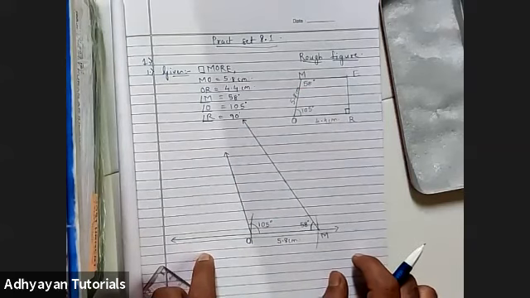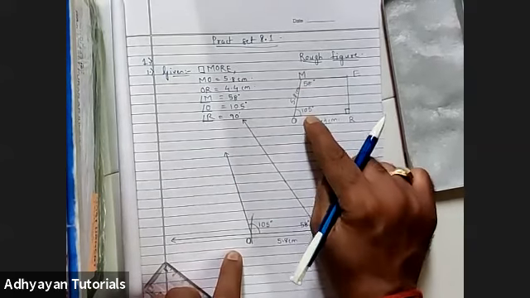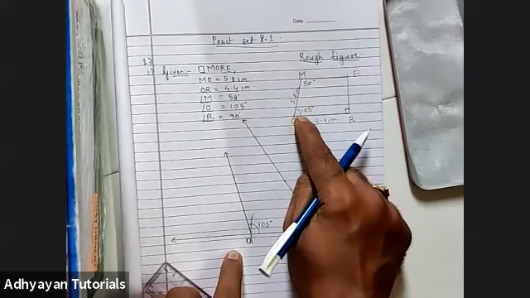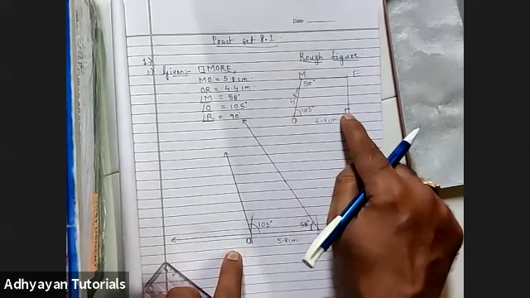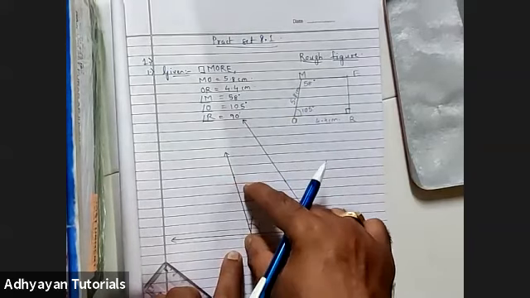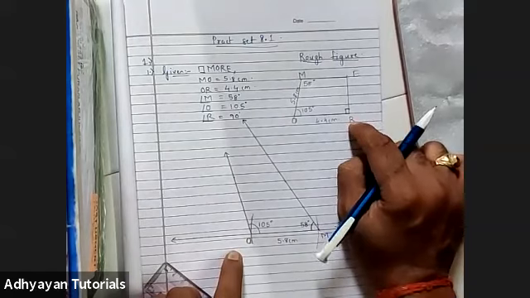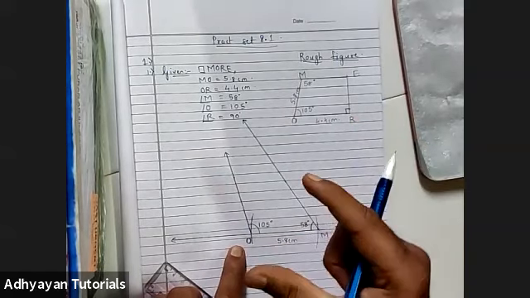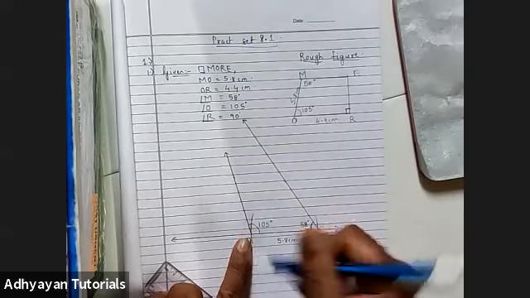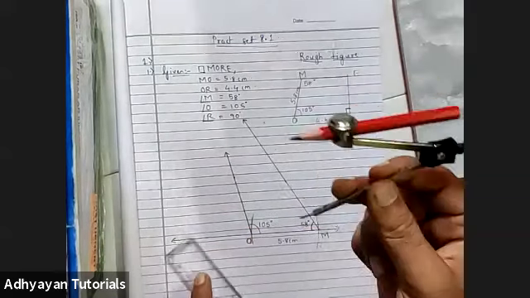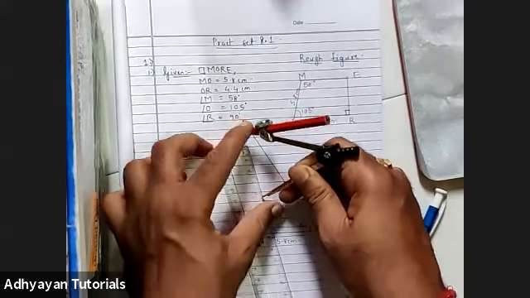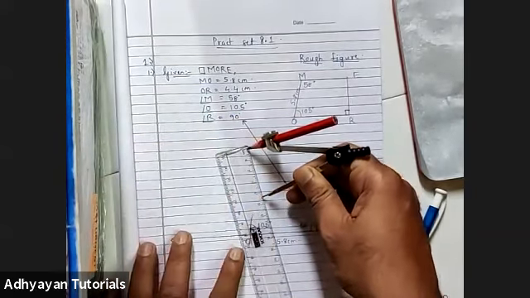So this is 58 degrees, right? Okay, now if you see here children, ये जो OM draw करने के बाद angle O 105 degree लेने के बाद what we have is the length OR. मतलब O से 4.4 centimeter के distance पे we'll be able to find point R. So basically now in the compass we have to take a measurement of 4.4 centimeter, place it on point O and mark an arc here, right? So this is the compass and this is the scale. I'll take a measurement of 4.4 centimeter, children, in order to locate point R.